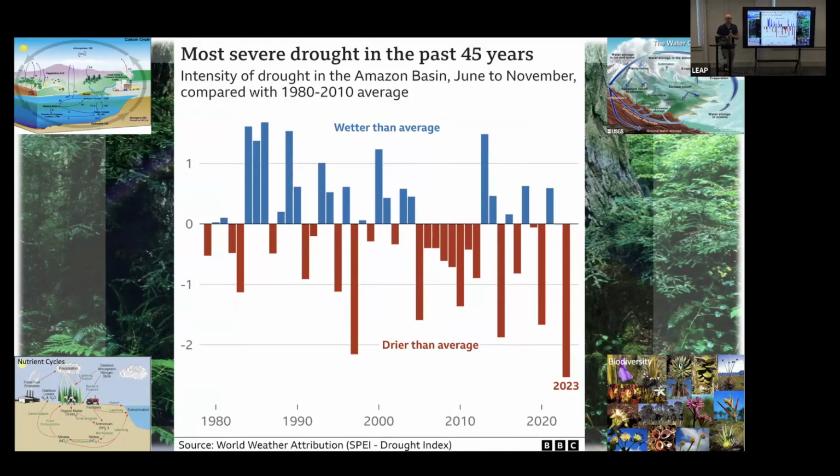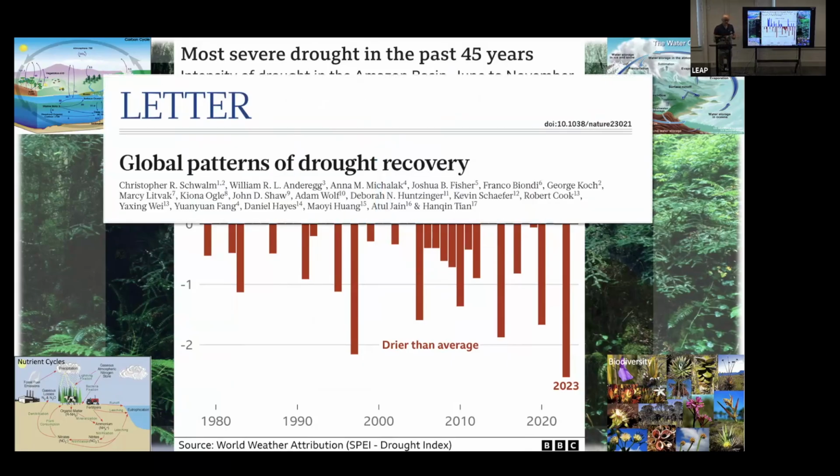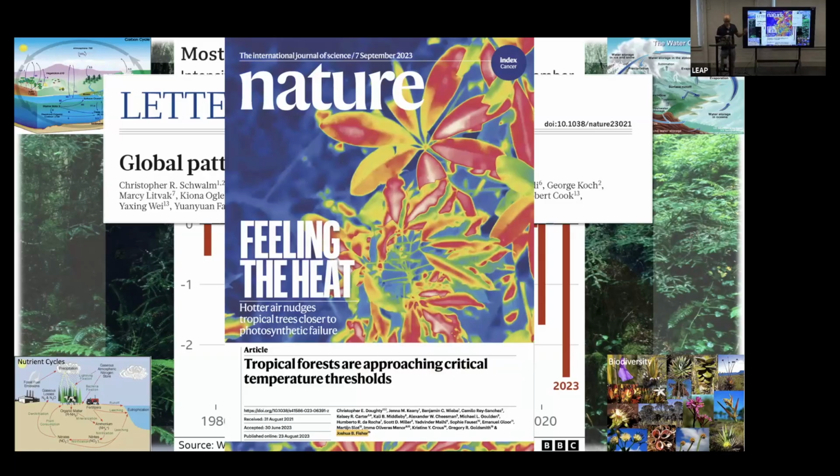And they're happening so frequently that the Amazon rainforest can take a hit and those trees can die and then regrow, but it's happening so fast that they can't recover. And so we had a paper in Nature that talked about their lack of ability to recover because these droughts are happening so fast. We had another paper in Nature that made the cover a few years ago using temperature measurements across the tropics, and starting to see that the canopies were getting so hot that photosynthesis was shutting down at massive scales. Quite worrisome.